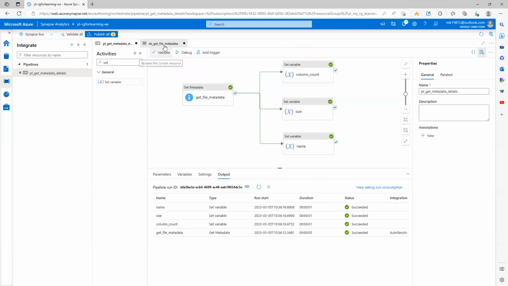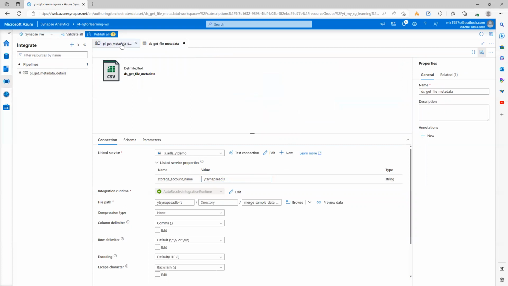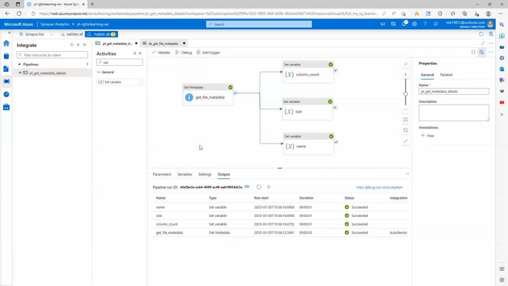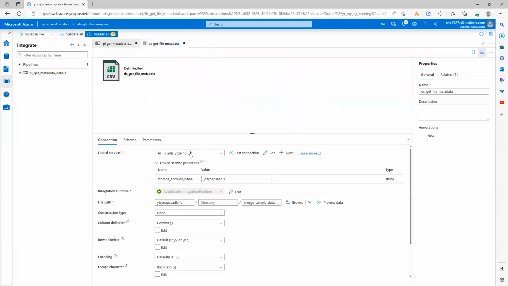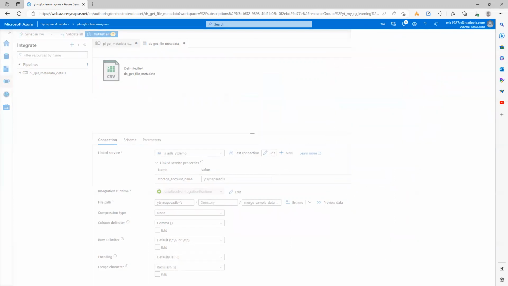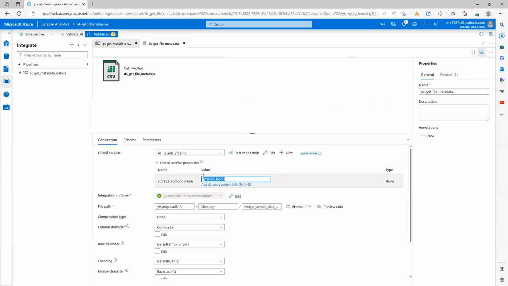And apart from this, since this value is hard coded, I will show you guys in my next video how you can parameterize the data set as well. Because we are using a hard coded data set here as well. The linked service is parameterized, but the data set itself is hard coded. See this path, this file name, these are all hard coded values, even this storage account name, right? You can parameterize these values. And we'll take a look into my next video how we can parameterize this, as well as we'll try to cover